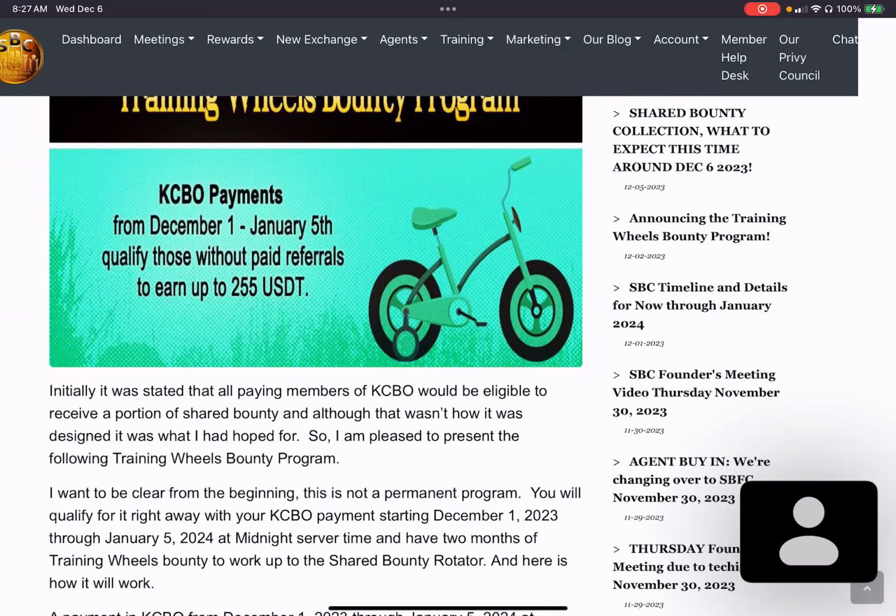That's not going to come out of any of the bounty that is being paid to the shared rotator or the $10 in instant bounty. That's actually coming out of the admin side. That's one of the reasons why the training wheels program is specifically for 2 months for our members,